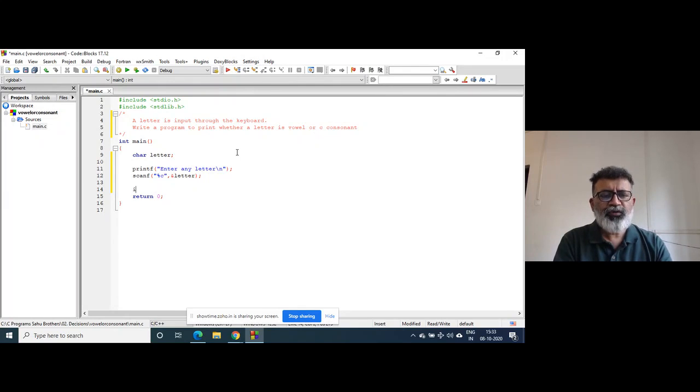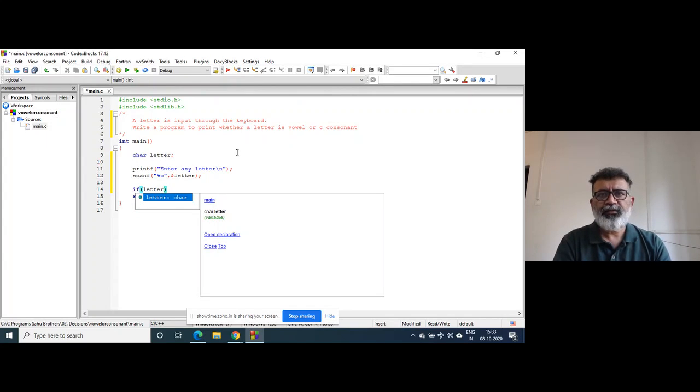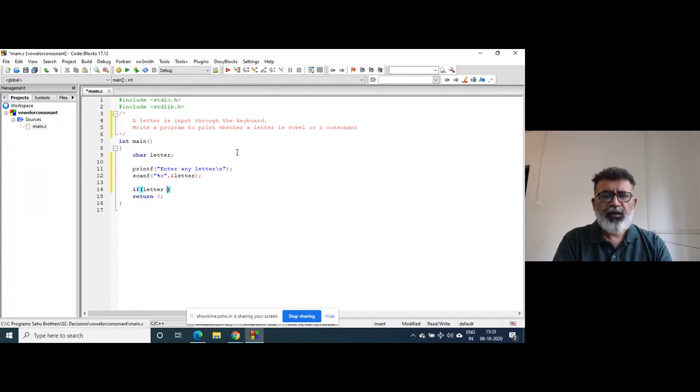So what you will do is: if letter equal to A, it should be connected by the logical OR.